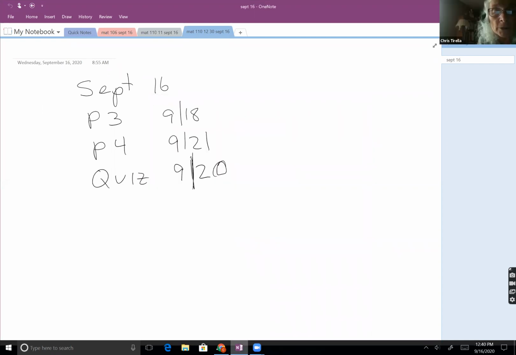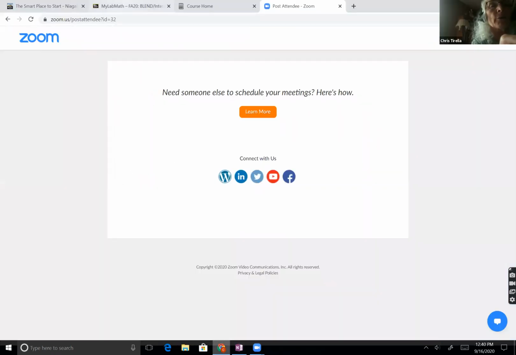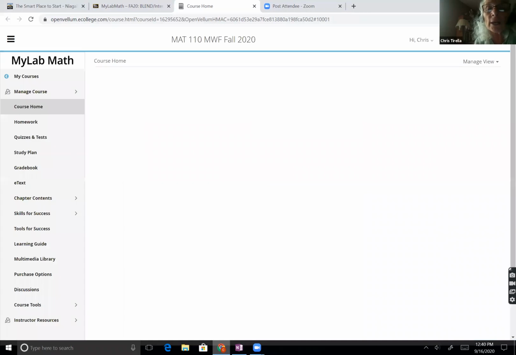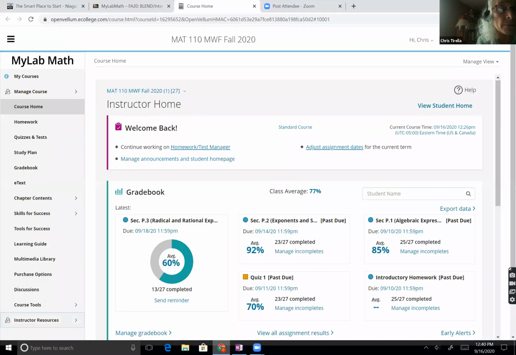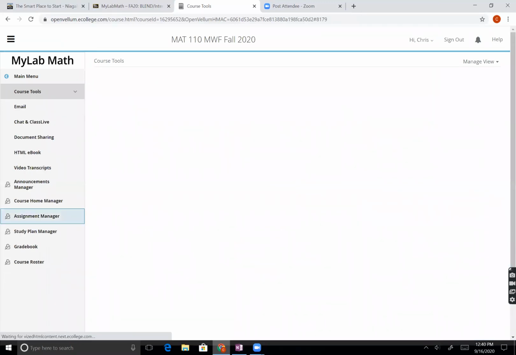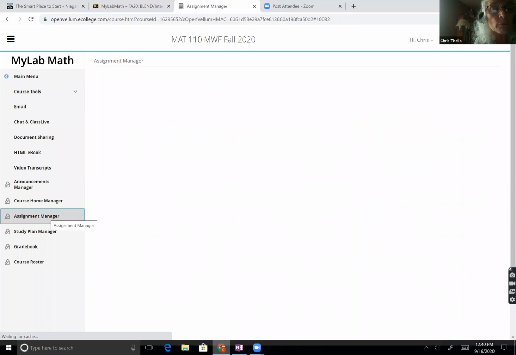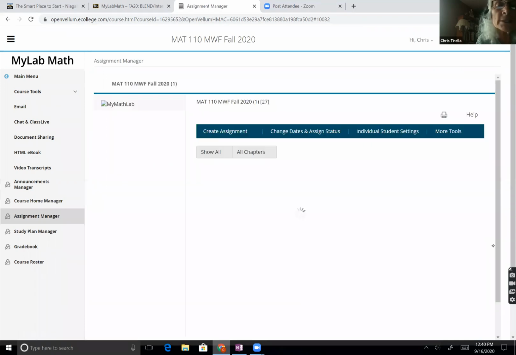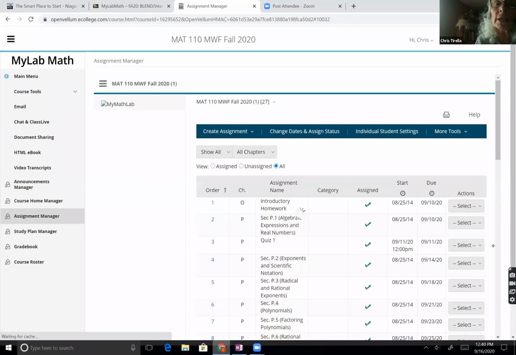Okay, then the next thing that I wanted to ask before we get started is about the homework. Does anybody want to look at any problems from any of the homework assignments? I think I've said it before, and I'm probably going to say it over and over again. If you're working on the homework and you have a problem, please feel comfortable using that Ask My Instructor